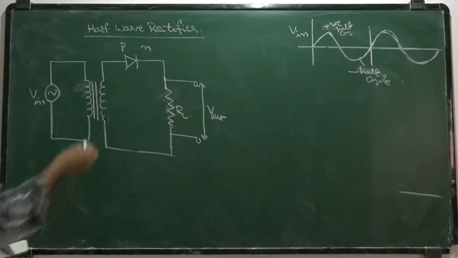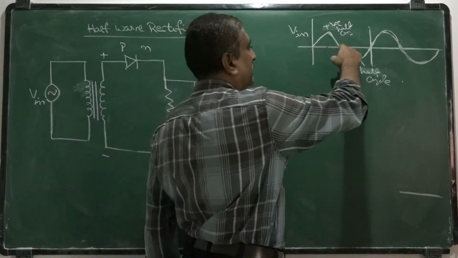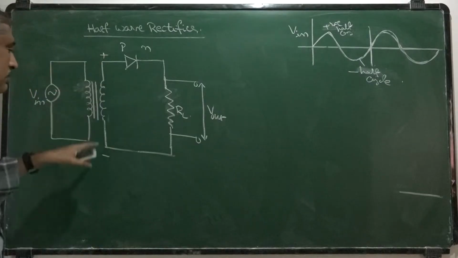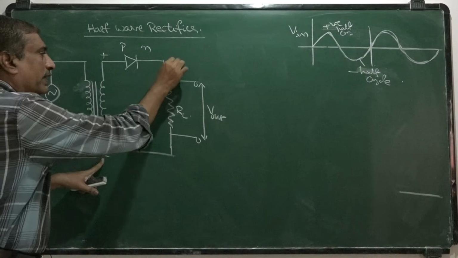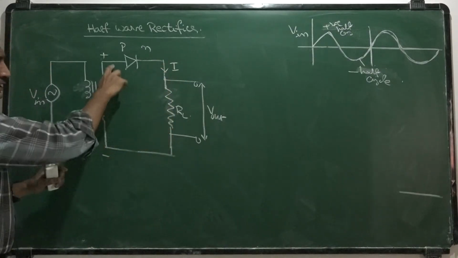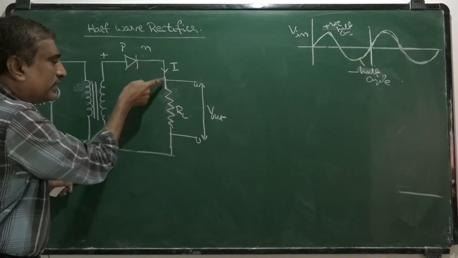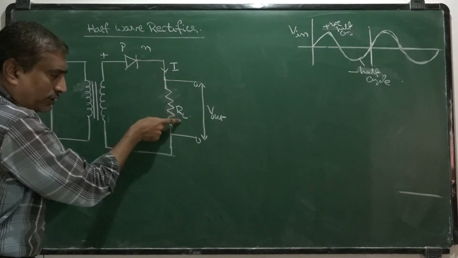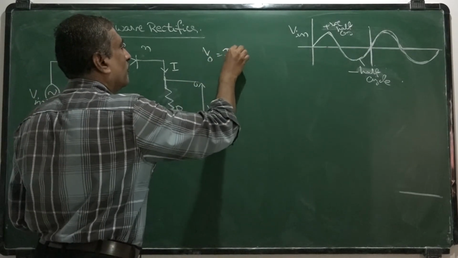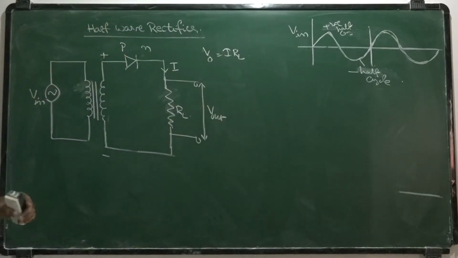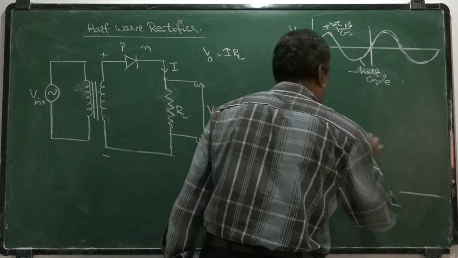Okay. Now first, during the positive half cycle, this becomes positive and this becomes negative, so this PN junction is in forward bias. Suppose we assume a current I passes through this load and this PN junction, and as this load resistance is also connected in series, the same current flows through this load resistance. Now this V output is given by I into RL. Correspondingly, in the output we get a half cycle like this.